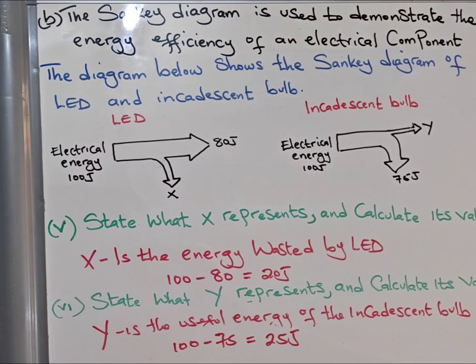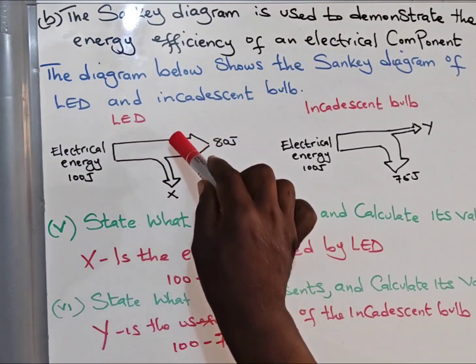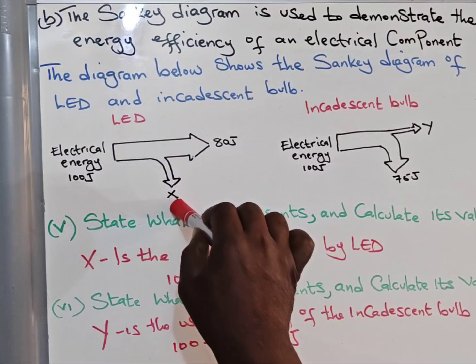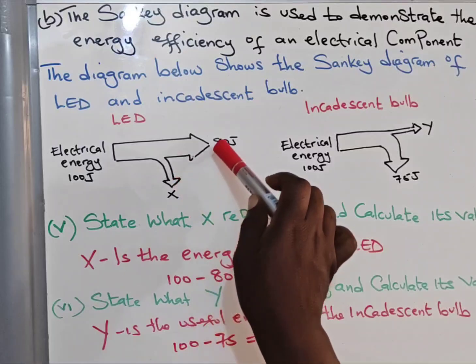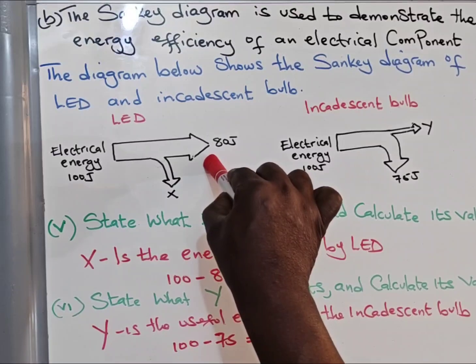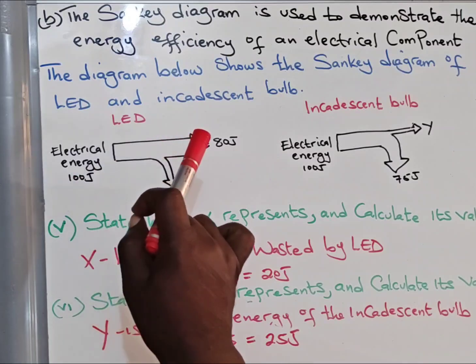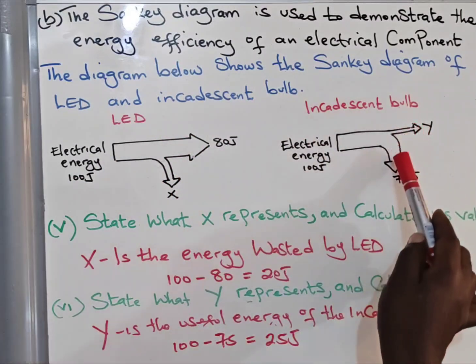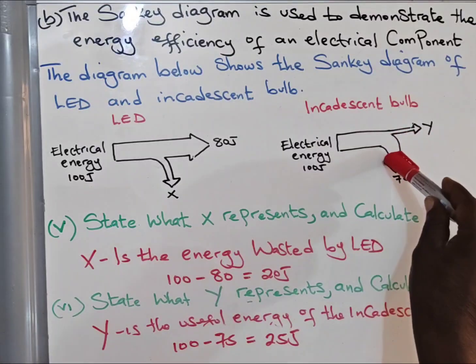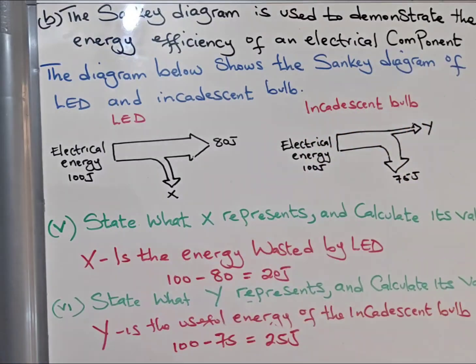That is that. I need us to look at the Sankey diagram for clarity. If you look at this one, look at the size of X and that, you see that this one is bigger. It represents that the LED puts its energy to use very well. It wastes very little. Every joule of energy which enters, very little is wasted. Look at our incandescent. The bigger part is the one which is wasted. That's why you see this part bigger compared to the other one. So in other words, incandescent bulbs are wasteful in terms of energy compared to LED. That explains the popularity